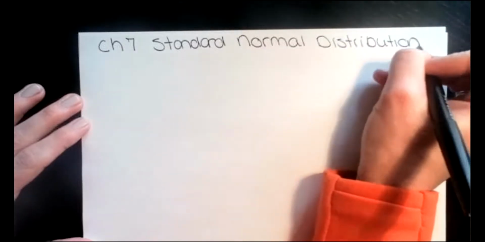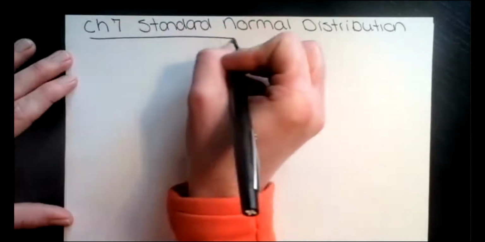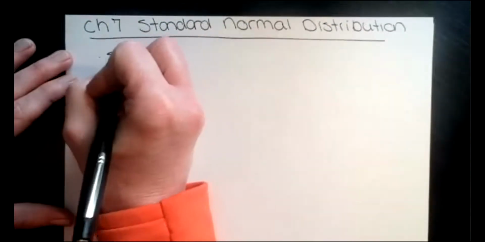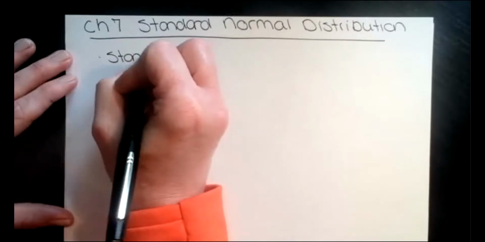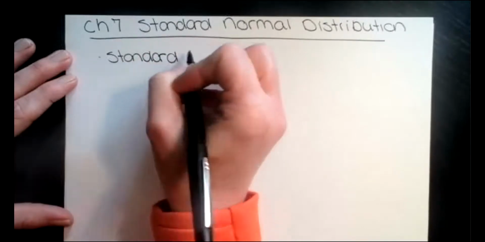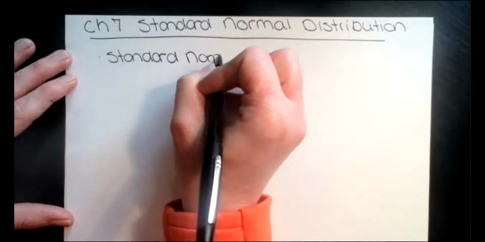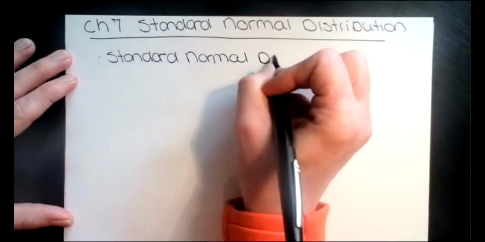So as you notice in the name, it says normal. So as you probably can guess, it's still going to be bell-shaped or symmetric. You're going to notice that's what we're going to really focus on the rest of the semester. So when we have this standard normal distribution,